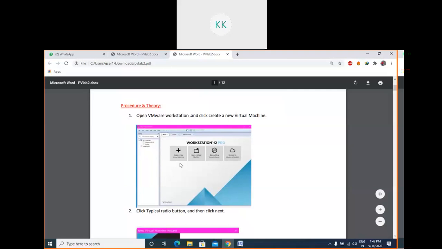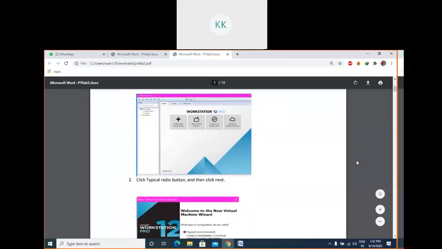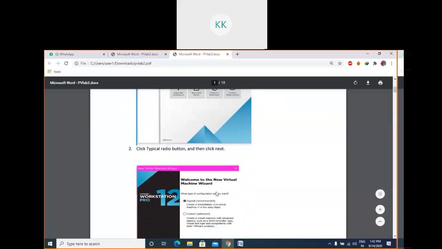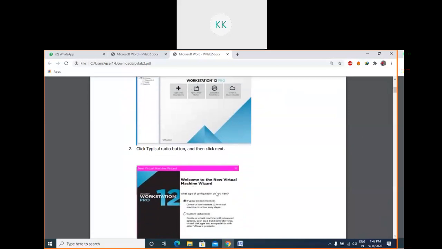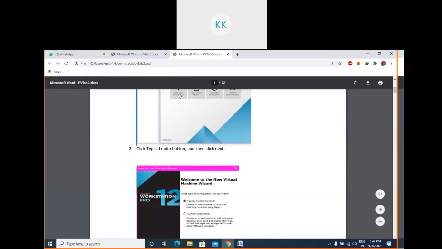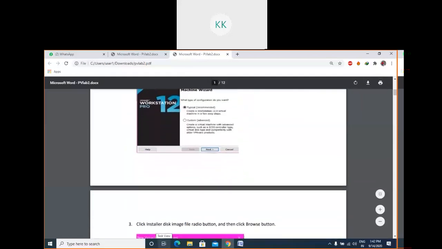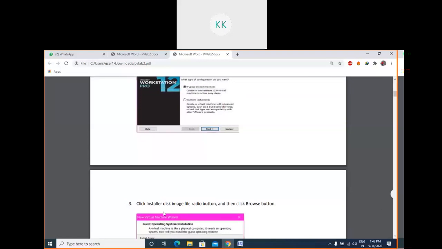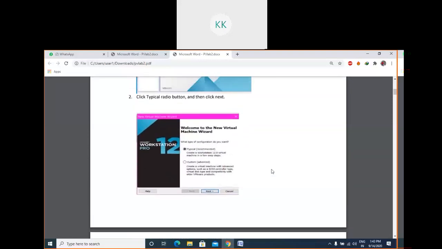See, open VMware Workstation. Opening it, you will find this type of screen. Now see, here I am not going to install the ESXi first of all. You will provision the virtual machine first. Once you have the virtual machine ready, then on the virtual machine you are going to put your ESXi. So what to do? We have to click on this plus symbol. When you click on this plus symbol, this wizard will open.